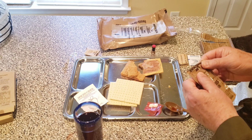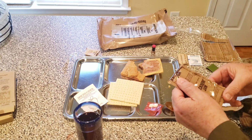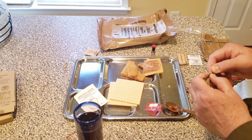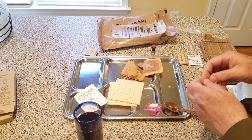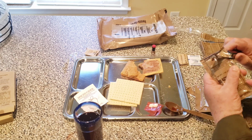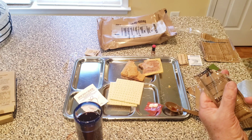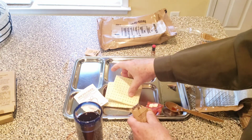So their condiment is this blackberry jam from Stone Mountain, Georgia. I'm just going to use the knife to cut off a small cut so that I can control the flow of this. It looked a little suspect, but